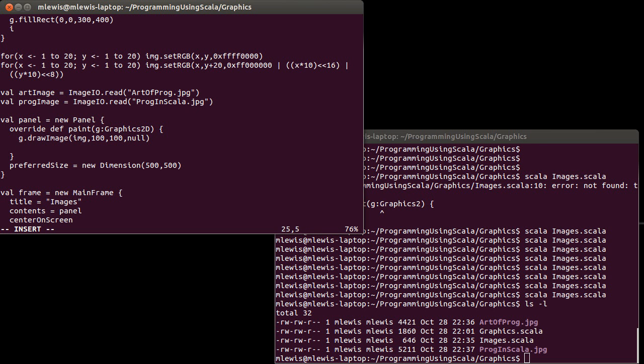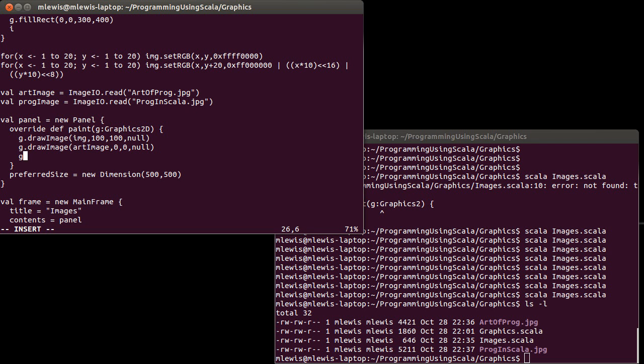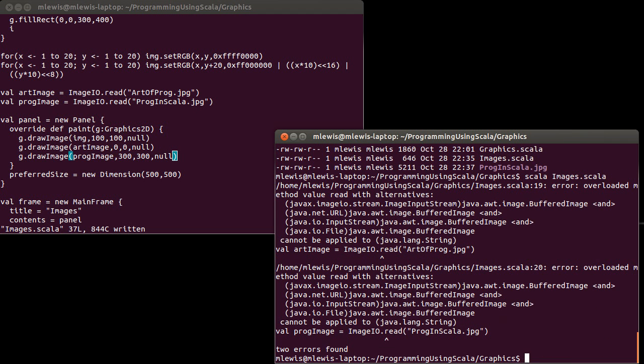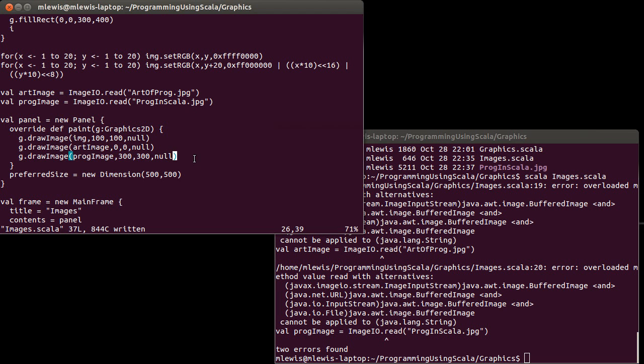at two rather different locations. Draw image. Art image, I'll put it up in the top left corner, and a null image observer. And this one I will put, say, at 300, 300. Oops, an overloaded method. Oh, that's right. This needs not a string, but an actual file,